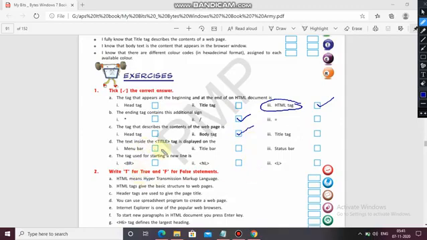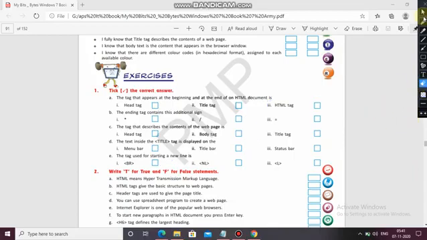The text inside the title tag is displayed, of course, on the title bar. The title will be displayed. The tag used for starting a new line. Just now we have used the BR tag. Breaking the line or starting a new line, you will use the BR tag. Okay.